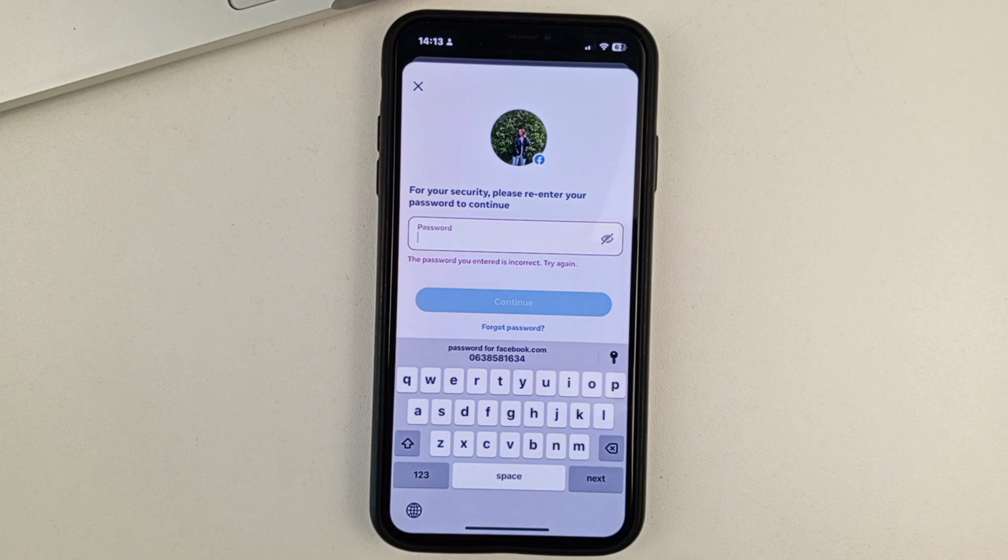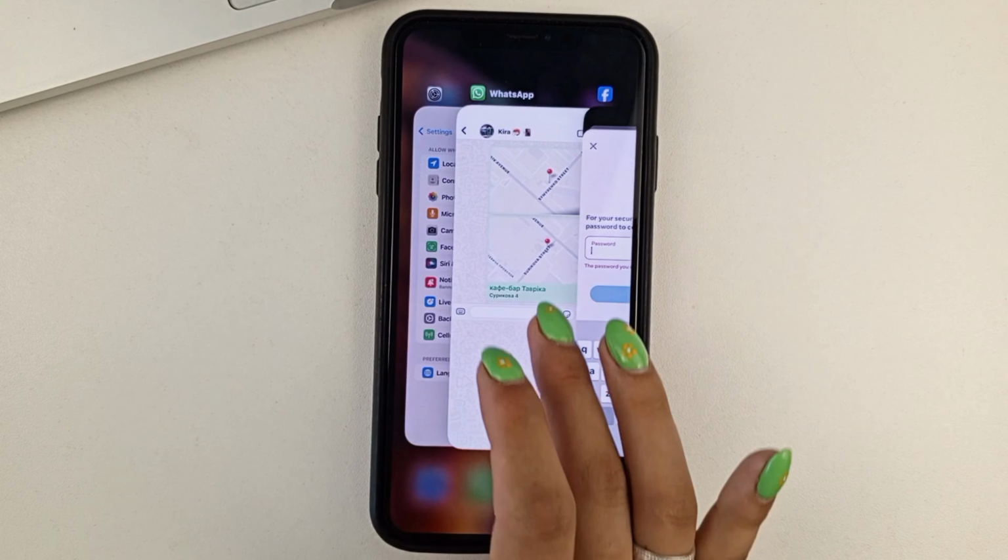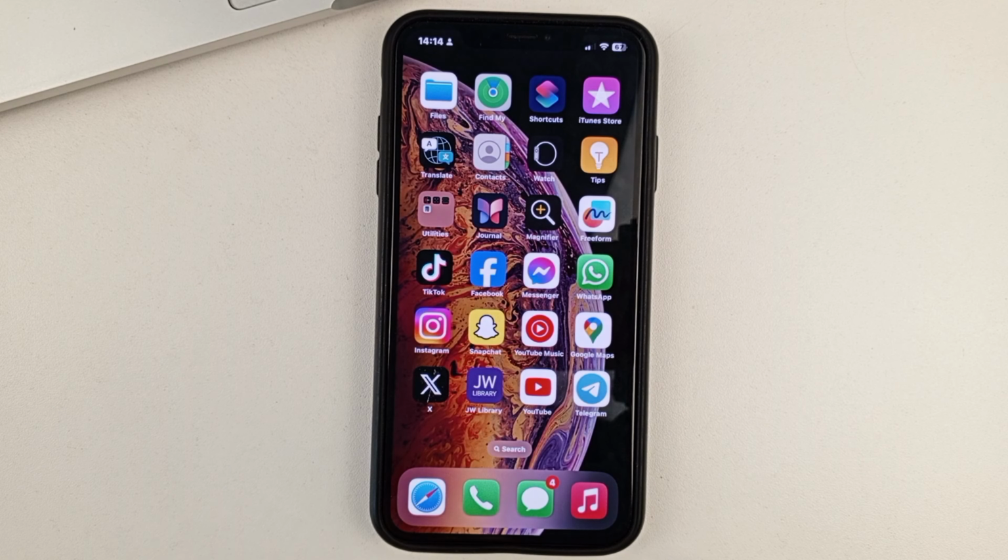After you enter your Facebook password, you only need to select the reason why you would like to deactivate your Facebook account for the time being. Click Continue. And then you'll be taken to a page where you have to confirm that you want to deactivate your account. And it will be inactive for 30 days. And at any time you will be able to log into your Facebook account. You just need to keep your Facebook account password and your email or phone number.